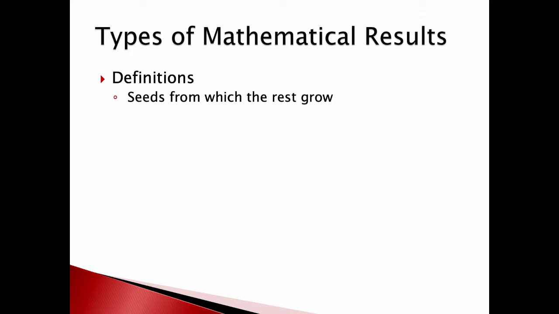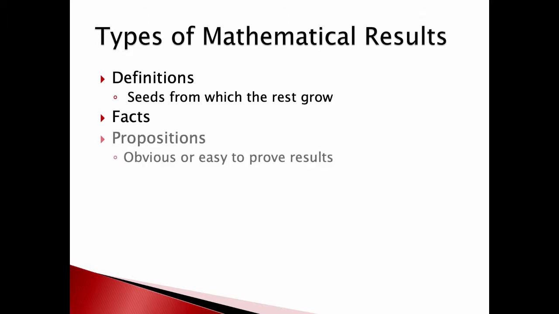If you're trying to write a proof about a continuous function, you have to know the definition of a continuous function so that you know what it is you're trying to prove. Besides definitions, from those we can start to create things that we know are true using these rules of logic. So sometimes we might call those things facts. Sometimes we might call them propositions. A lot of times those are what we will use for easy things that are really quick and obvious and only take a couple lines to prove.